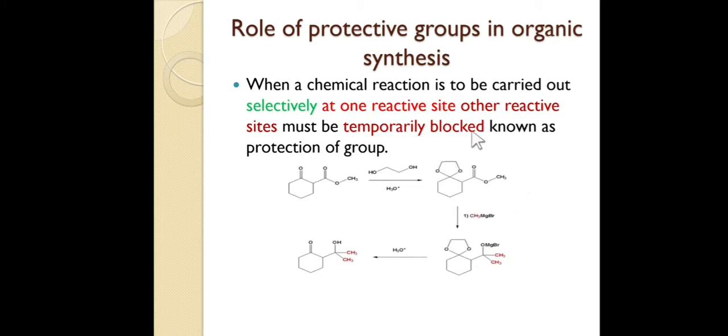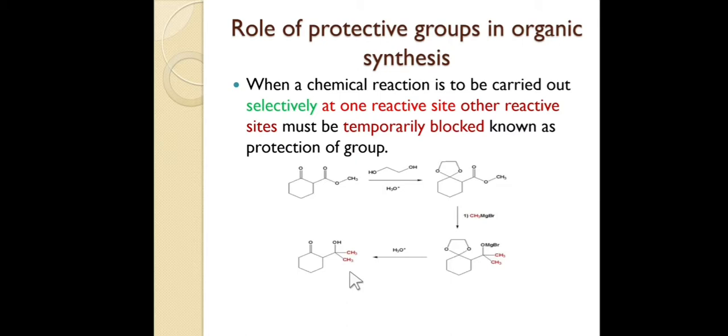After that, we will carry out the reaction on the ester functional group, that is, we are using Grignard reagent. Okay, Grignard reagent will do the methylation over here, and after acidic conditions, this protecting group is deprotected to the ketone again. This is how protection and deprotection are carried out. So the first step is protection, then after the second step, or there might be many steps after that, we carry out the deprotection. So this is the simple phenomenon of protection and deprotection.